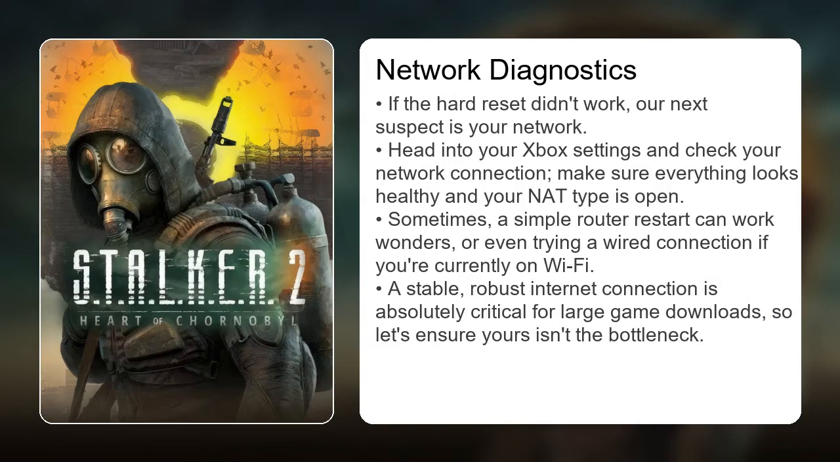If the hard reset didn't work, our next suspect is your network. Head into your Xbox settings and check your network connection. Make sure everything looks healthy and your NAT is open. Sometimes a simple router restart can work wonders, or even trying a wired connection if you're currently on Wi-Fi. A stable, robust internet connection is absolutely critical for large game downloads, so let's ensure